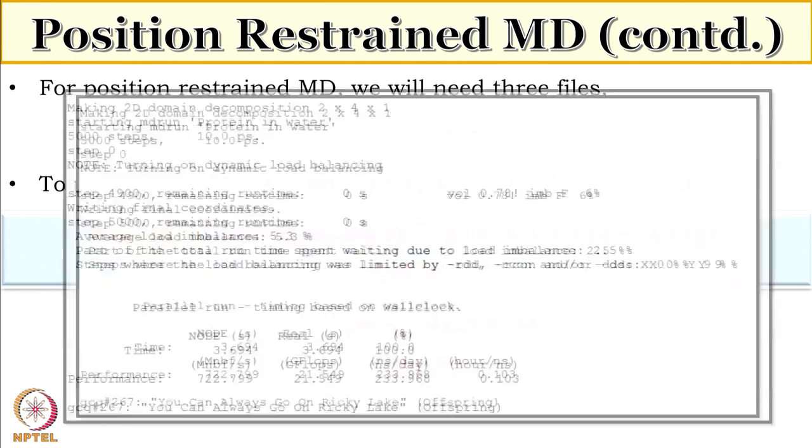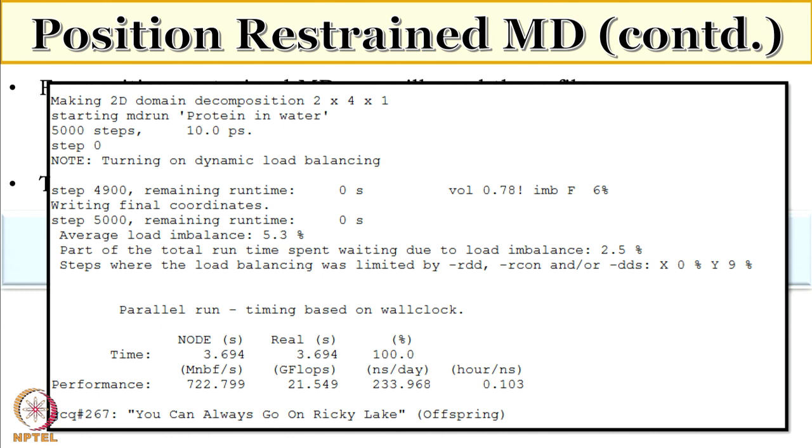Okay. So something like this will be displayed. I have given a total of 5000 steps in my pr.mdp file and my time step is 2 femtoseconds. So it is a total of 10 picosecond simulation. It will display on the screen how much time it took to complete the simulation and all that. Once we do it in the terminal, then one will know how it works.